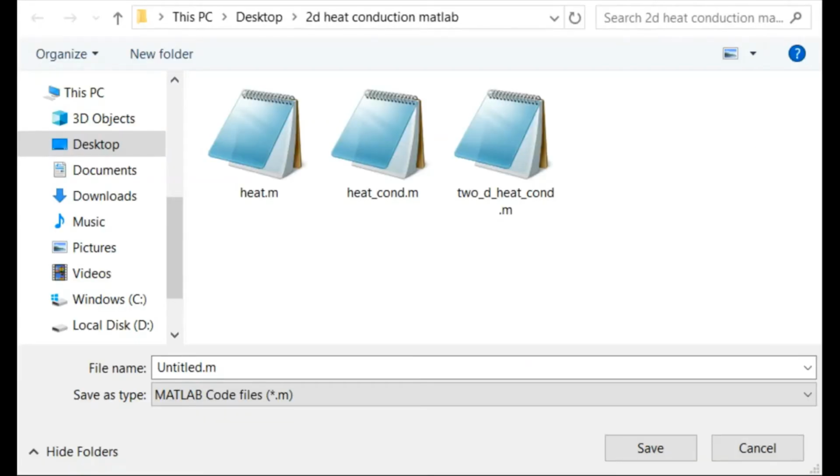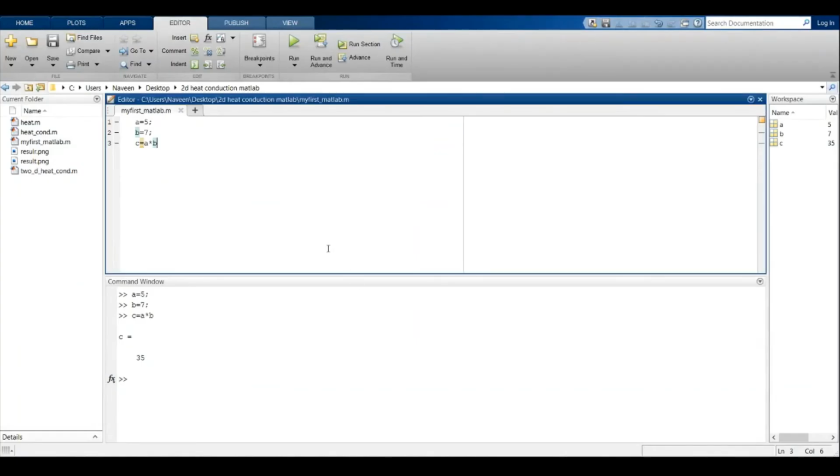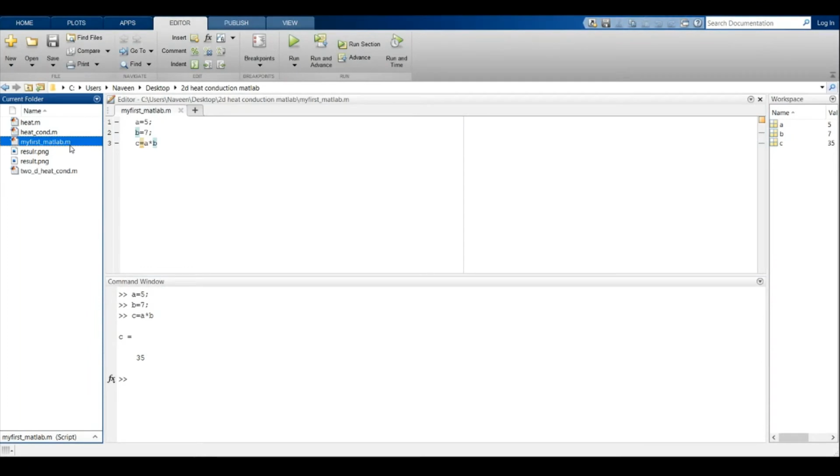Now you can see another window which is save window. In this, by giving the name of the file, I'm just giving my name as my first MATLAB. Now it is saved as my first MATLAB, and you can see here also the file name.